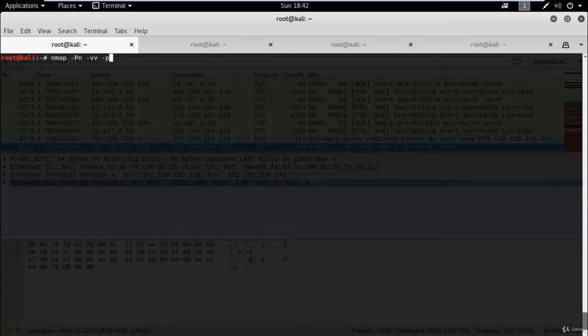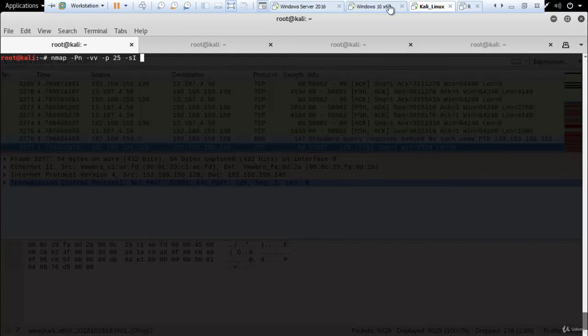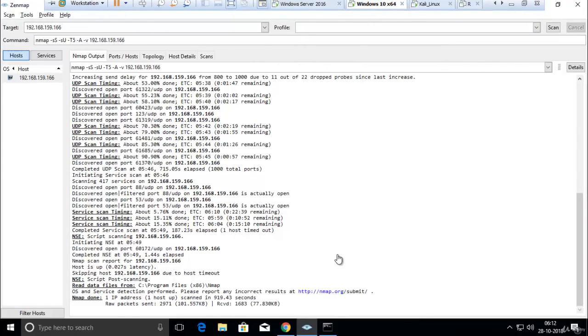So define port 25. For an idle scan, use -sI with capital I. Now define the zombie device information. I will use Windows Server 2016 as the target device and Windows 10 as the zombie device.